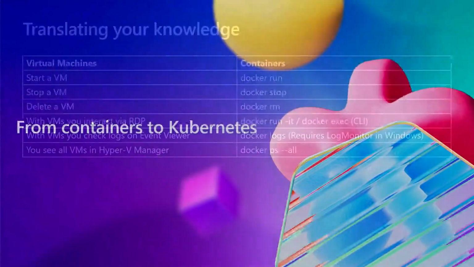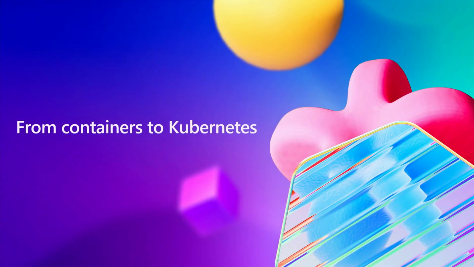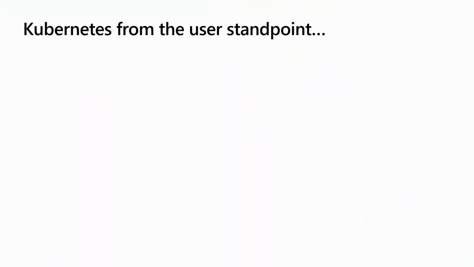So now that we talked about containers, let's talk about Kubernetes. Oh, that's where it gets complicated, right? That's where it gets complicated, and that's the reason why we're going to do this a little bit different. Like we said at the beginning, every presentation of Kubernetes talks about the Kubernetes API, how to deploy a Kubernetes cluster. We're not going to talk about that now. We're going to talk about you as a user of Kubernetes, how does that work?